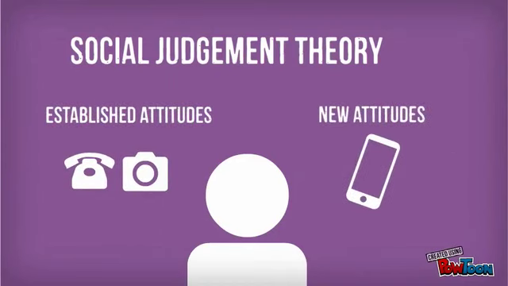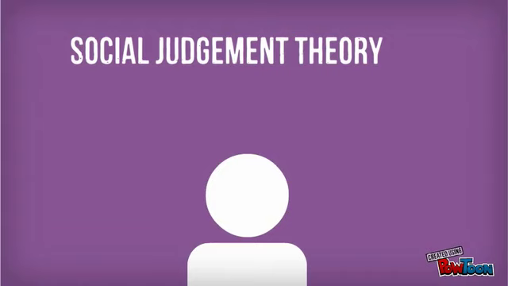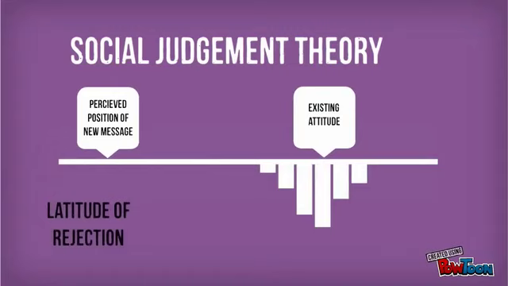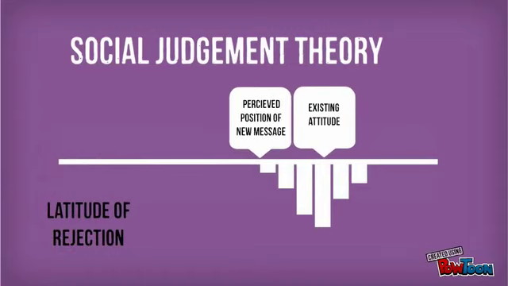The theory explains that when an individual is given a choice, they associate it to similar pre-existing attitudes. When a message is perceived as being far removed from an existing attitude, it is known as the latitude of rejection. When the message is quite similar to an existing attitude, it is called the latitude of acceptance. Understanding this theory explains why it may be very difficult to change someone's opinion on a subject. You may be wasting your time trying to persuade someone to buy a product that they see absolutely no need for. Let's look at this example.